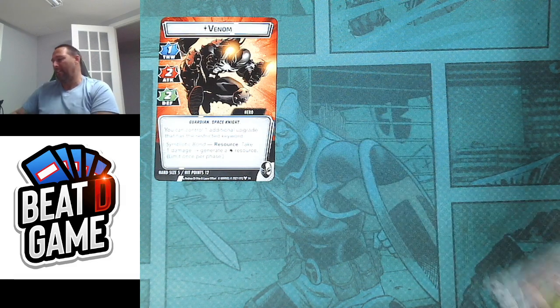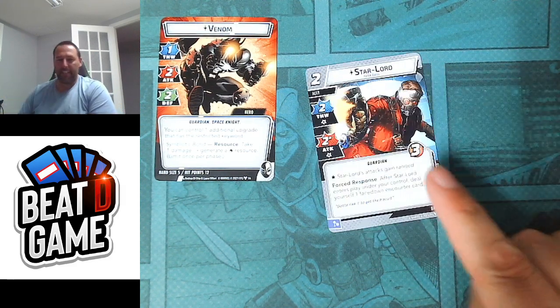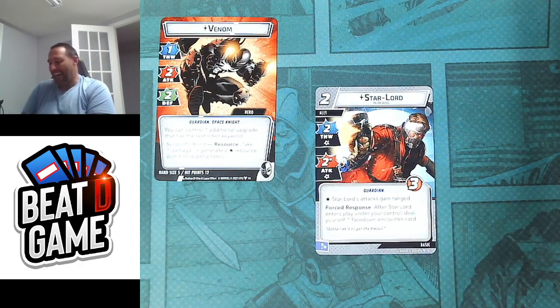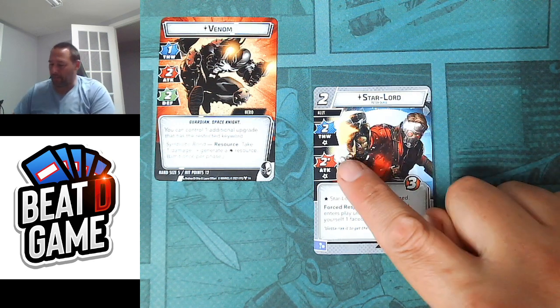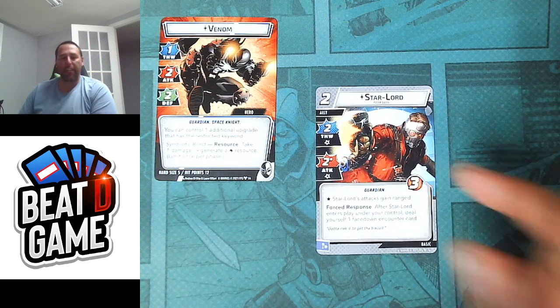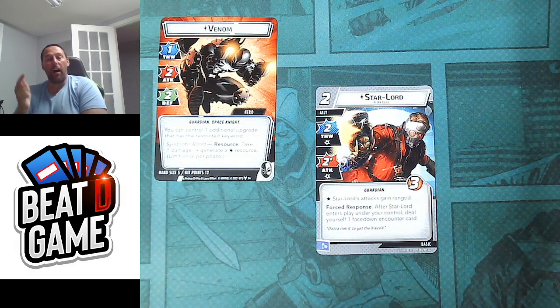Makes no sense. All right, and then finally, we got a Starlord, our ally, 2 cost ally, Starlord, Peter Quill, 2 thwart, 1 consequence damage, 2 attack, 1 consequence damage with a little star, which means, read what the star says, Starlord's attack gained range. Now, finally, that makes sense, because he has, what's it called, those,